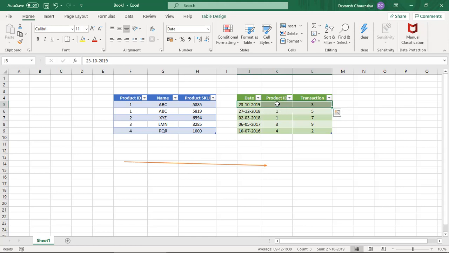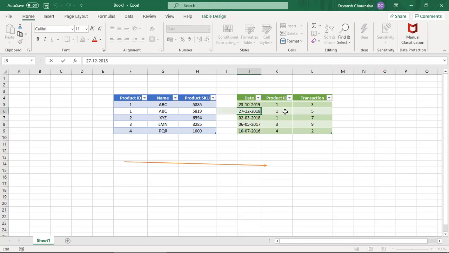One transaction happened for product ID 1 on this date. Another transaction happened for this product ID on this day, or maybe this can also be repeated, just to make things more complex. Okay, both are 2019, 1 and 5.